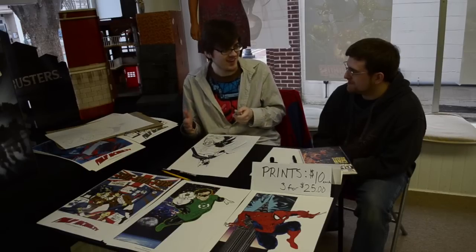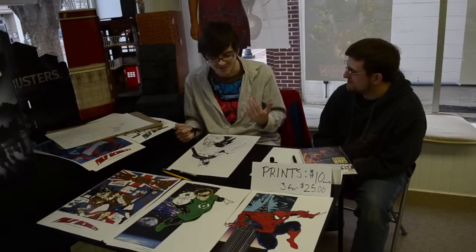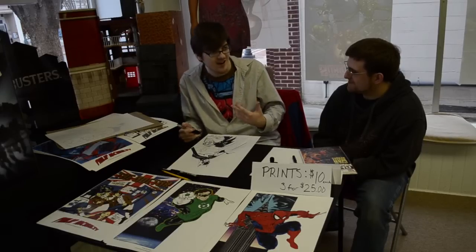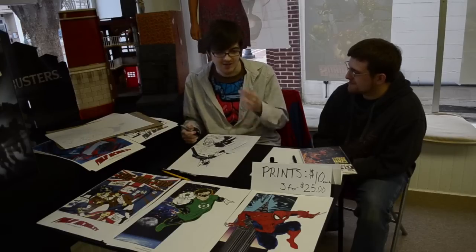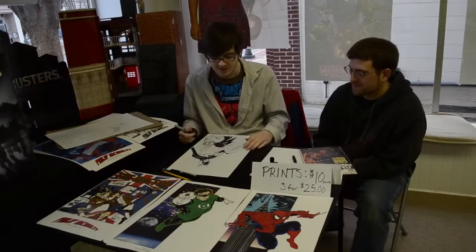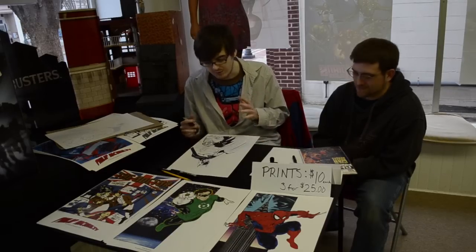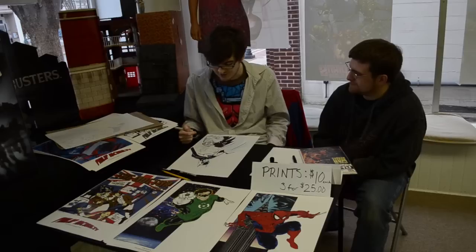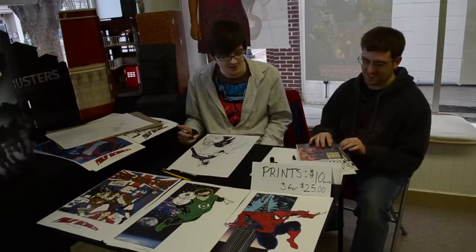People really didn't like the 90s with the hollow foil covers, but I loved everything about it. I loved the characters that were popular at the time. My favorite character is Gambit. I loved the X-Men in the 90s, and obviously I'm inspired by Todd McFarlane's Spider-Man, so that's always been the artwork that speaks to me the most. So I try to bring that back with a little bit of a modern touch to it, but I'm always going to be a 90s guy at heart, and I like to bring that into